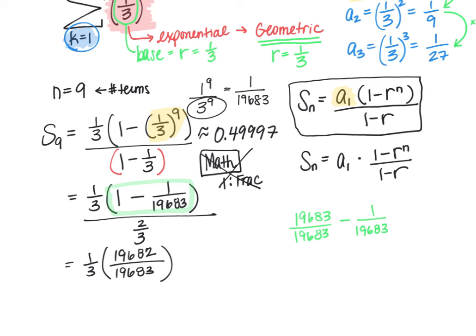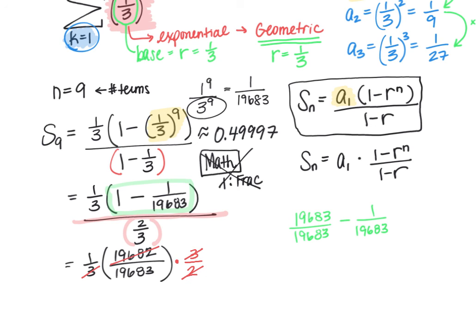19,683. Now, rather than continuing to write this as a complex fraction, in other words, instead of writing divided by 2/3, why don't we go ahead and change that to multiplying by the reciprocal? That'll make this a little easier as well. So dividing by 2/3 is the same as multiplying by 3/2. And this works out pretty well because then we can see that these 3's are going to divide out. And I can even divide the 2 into the